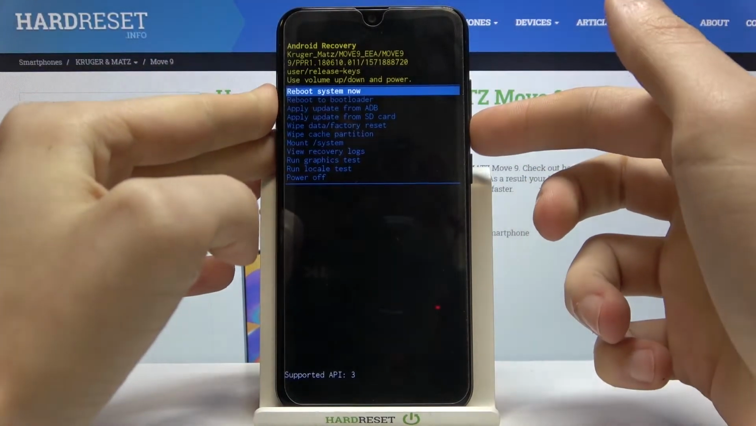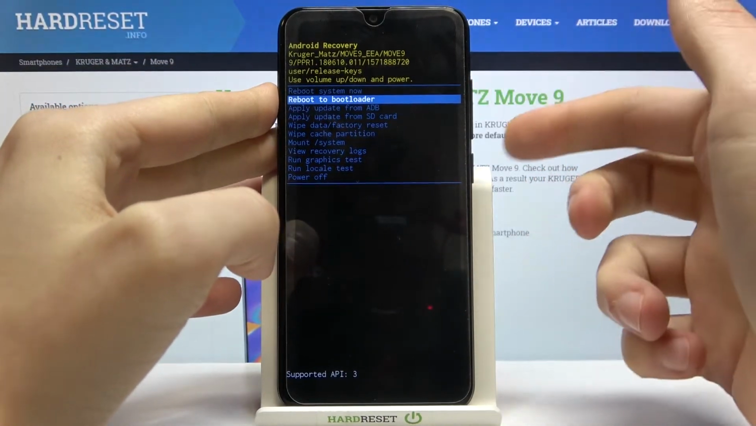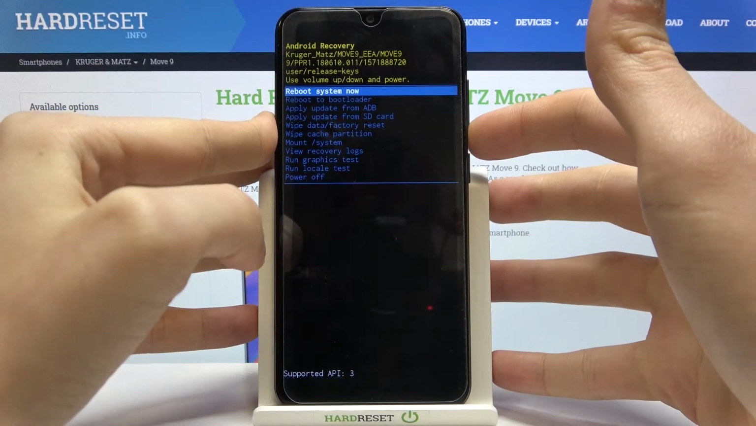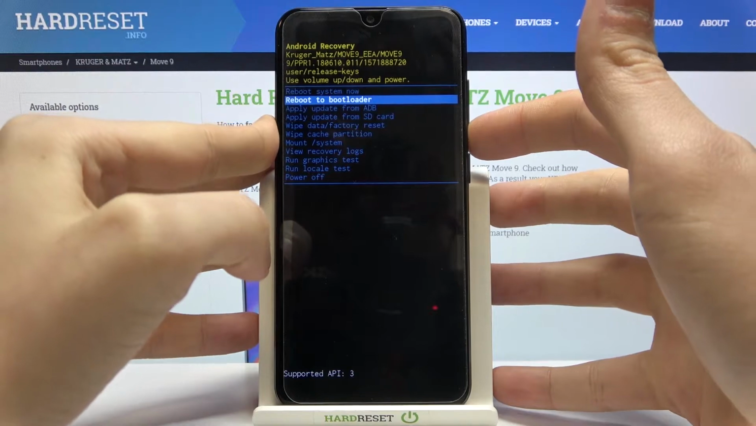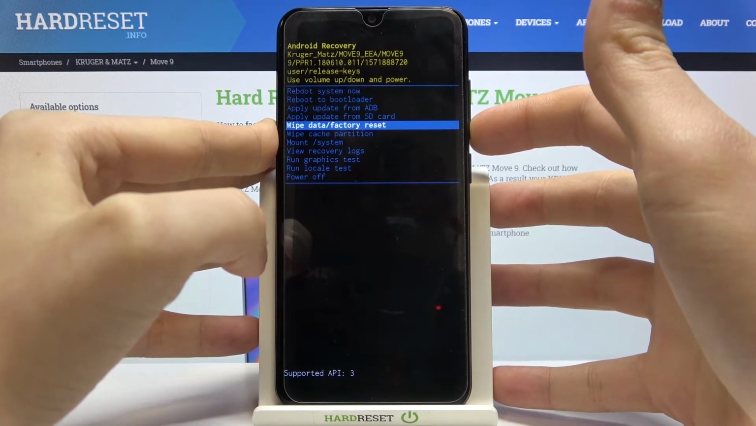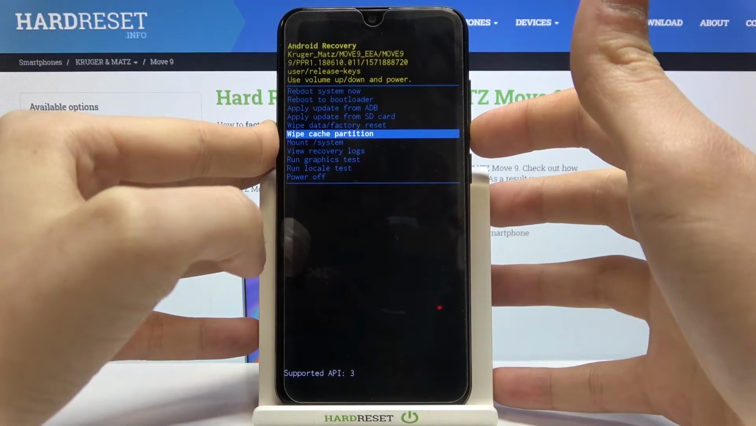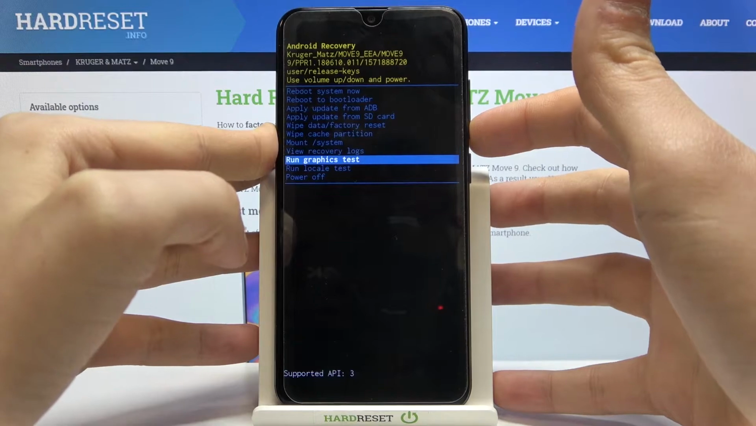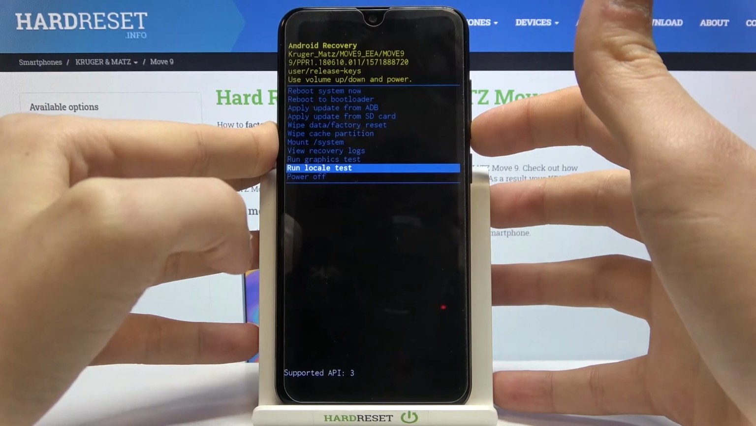Using volume keys you can navigate through the recovery mode, and using the power key you can select options. Here you have such options as Reboot System Now, Reboot to bootloader, Apply update from ADB, Apply update from SD card, Wipe data factory reset, Wipe cache partition, Mount system, View recovery logs, Run graphics test, Run local test, and